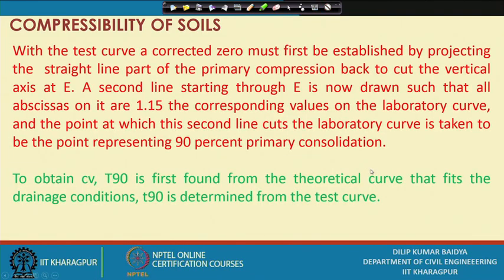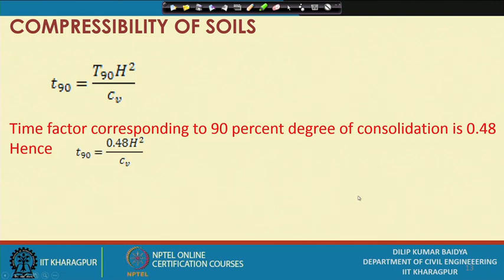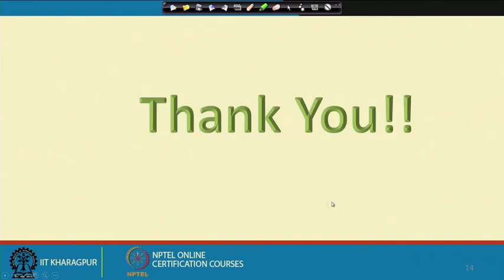So, this is the way one can find out the CV, and of course, this relationship can be utilized to find out the time of consolidation. That means, we know the total consolidation amount, but if you want to know the time required to consolidate 50% or 60% or 70%, then we need to utilize those expressions. How to utilize that, we will see in the next class.